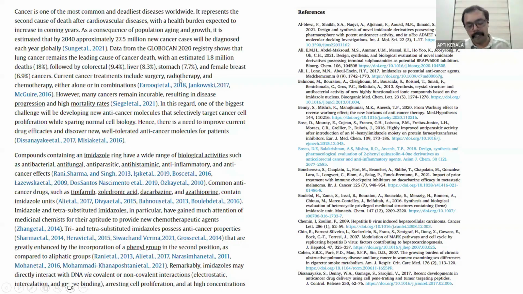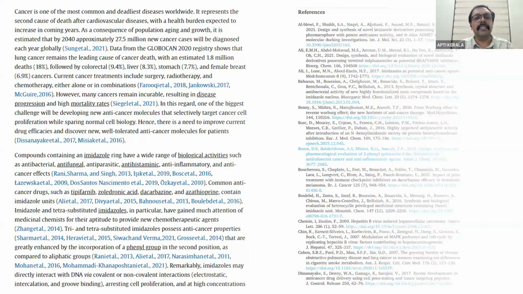So those are the two types of references, but no need to worry. Nowadays, digital tools are there that will help you in doing the references, whatever the style. You can even directly write the journal name, and that tool will do the references according to the journal format. Right. So these are some examples of